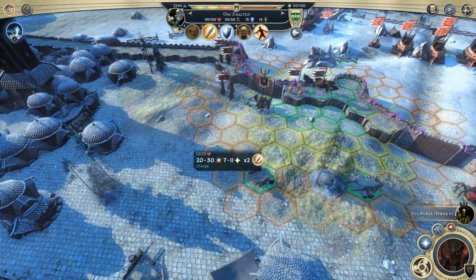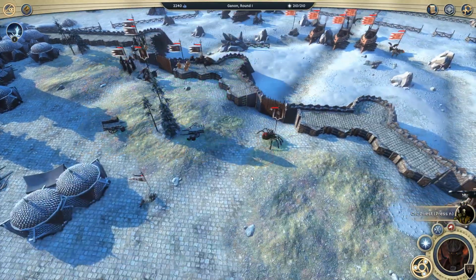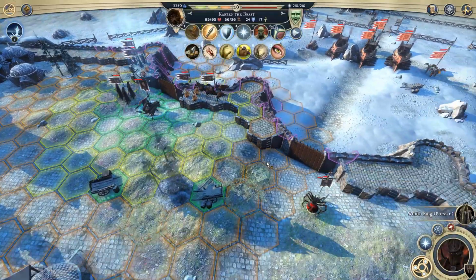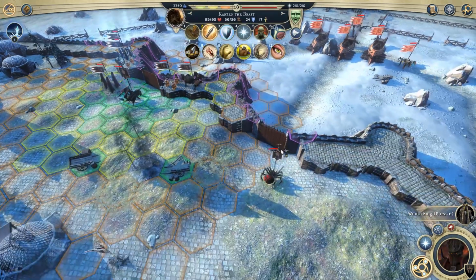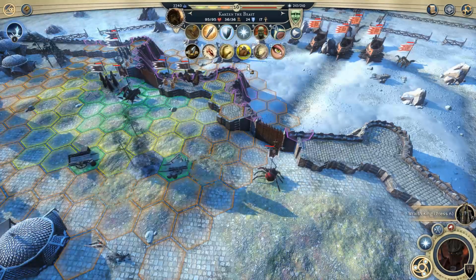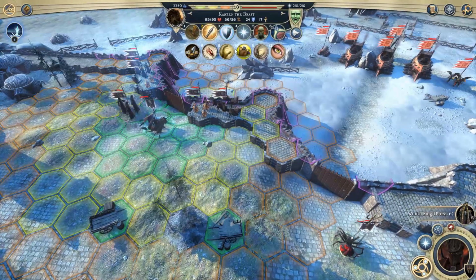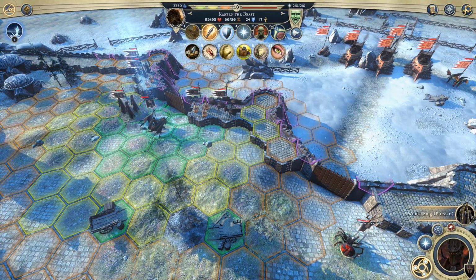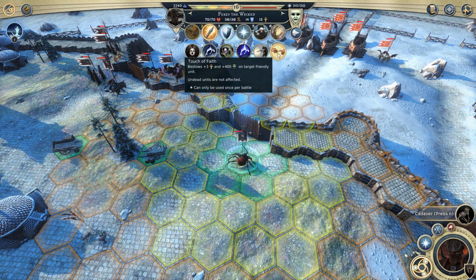I think the same strat from last time applies this time. Actually, this time I want to go ahead and give Karzen Touched by Faith before he goes flying out, just for even more defense, resistance, happiness, whatever. Karzen is already at max morale, so that doesn't really matter in terms of happiness, but I'll take the extra resistance. And for whatever reason, the Necromancer does have Touched by Faith, so...